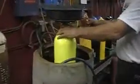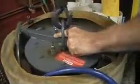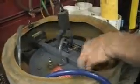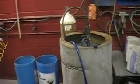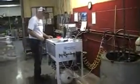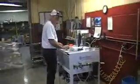Jacket filled with water. The cylinder itself is filled with water. We'll lower her in, and we're going to seal up the test head. Bleed any residual air out of the system. And seal the head. Then we program in all the pertinent information in the computer for this cylinder, the customer's name, we'll put in the serial number of the cylinder,